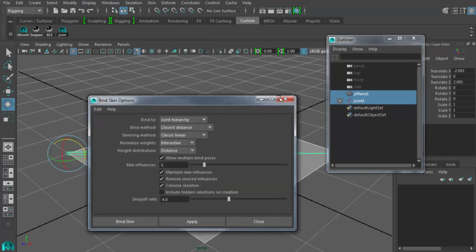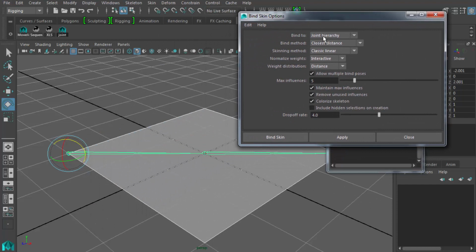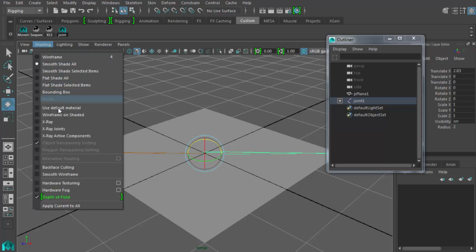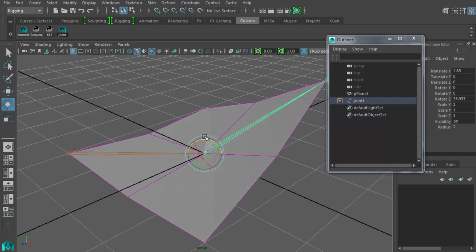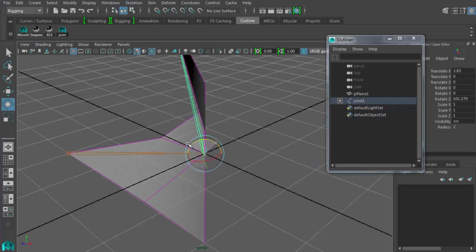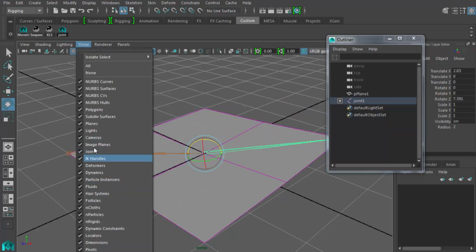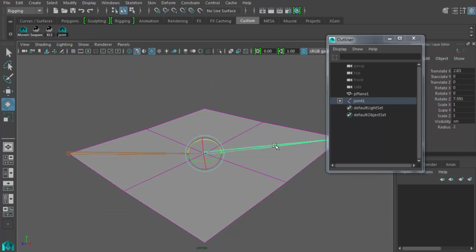And under bind skin, again, the method I'd like to use is joint hierarchy, interactive, and I like to use just 3 influences in this case. And I don't like multiple bind poses. Okay, so now what we have is a bound mesh. I'm going to turn on the wireframe on shaded here so you can kind of tell what it is I'm looking at. So this is pretty much a very simple way to see the deformations of your